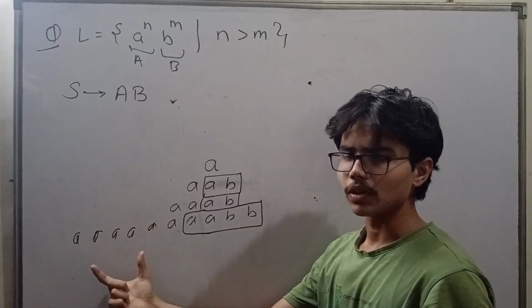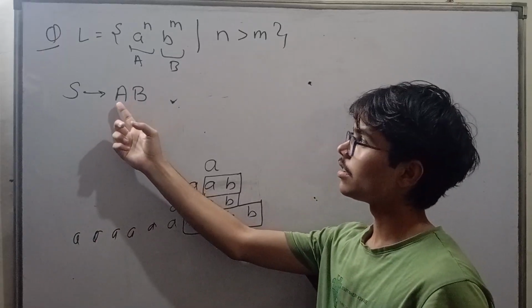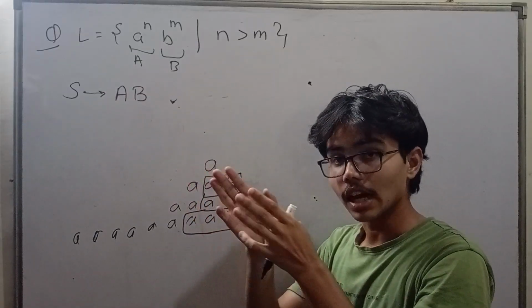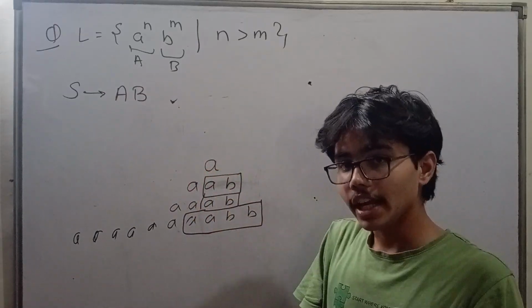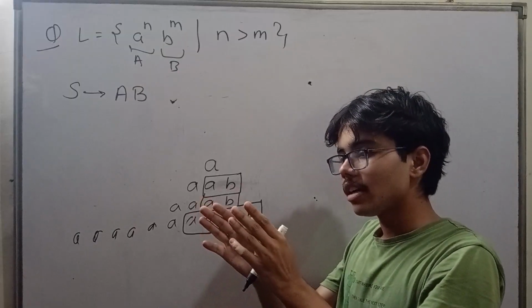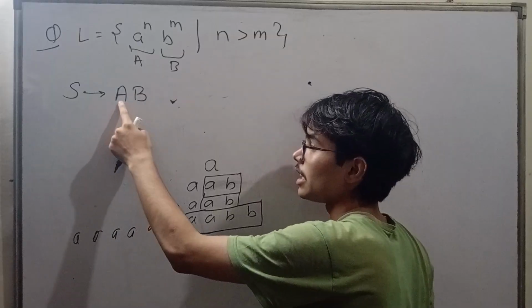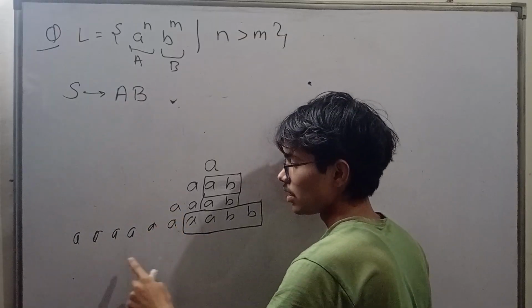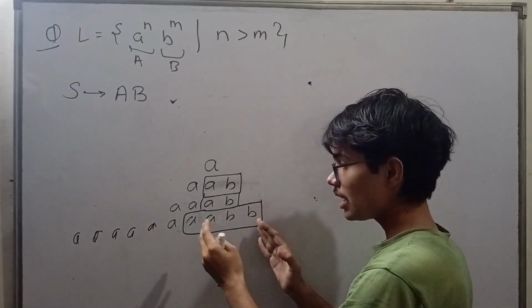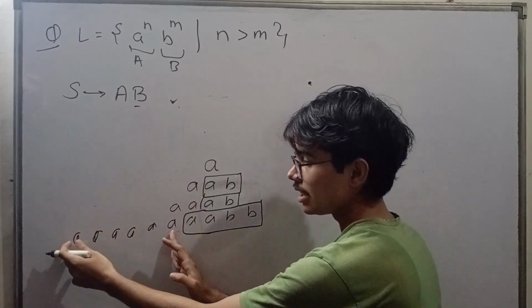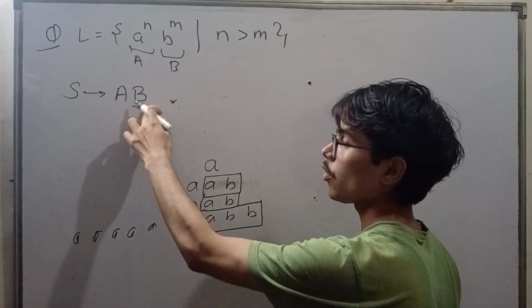So what I can do is, I firstly generate A and B equally. After that, I can generate any number of A, and I can generate any number of A in here also. So that means firstly I generate this from B and this from A. Like, how can I do this?